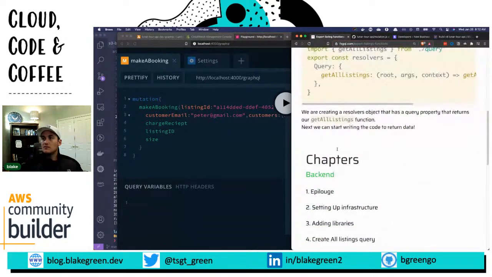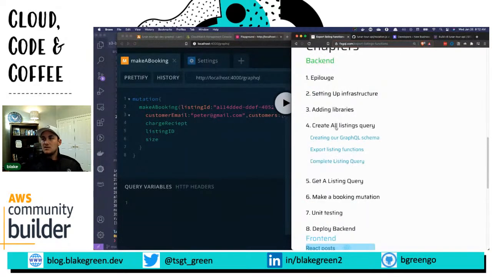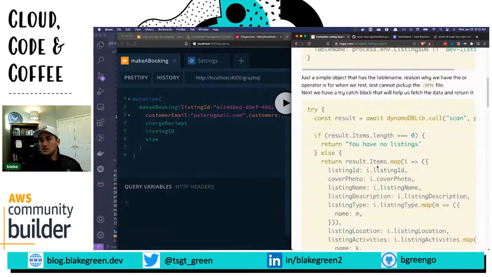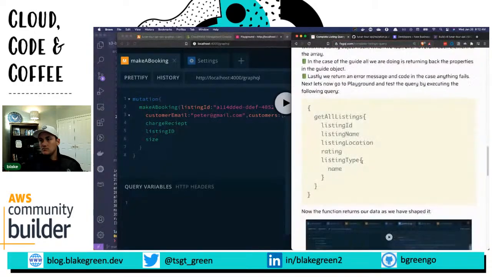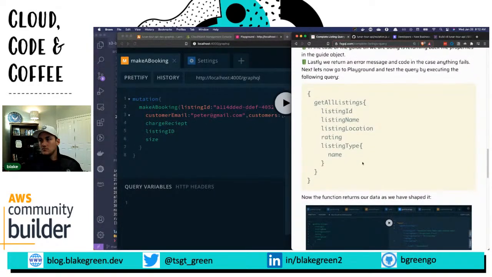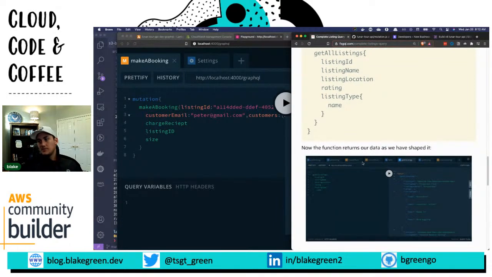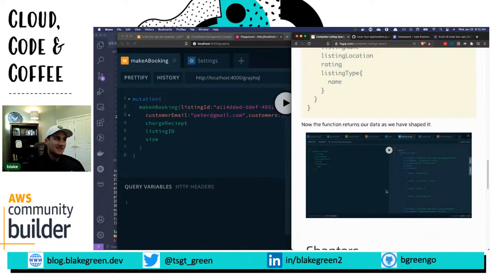Oh wait, no. Because it's interesting that we did a query before we actually... I can't remember, how are we querying this data here? Because we never got the playground to work in the first place. So